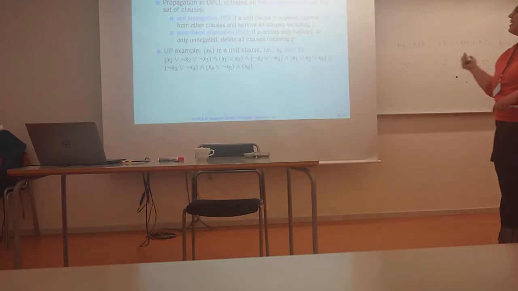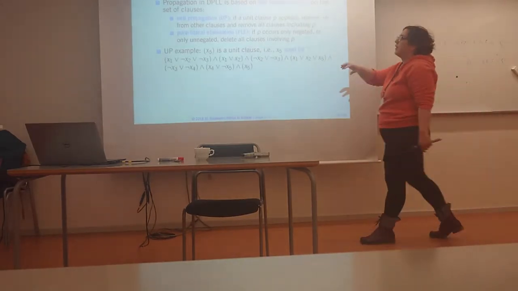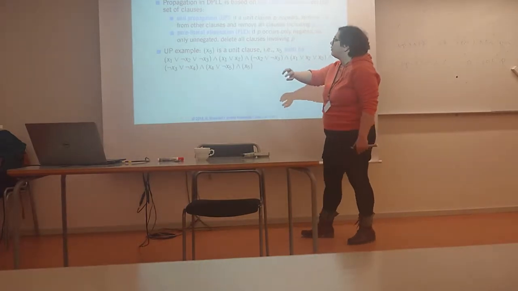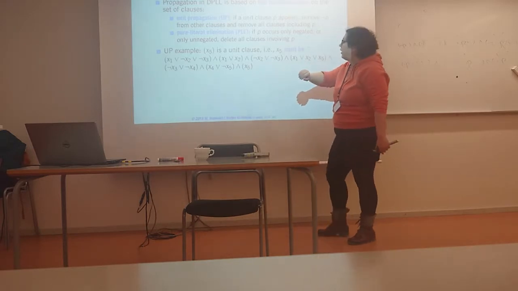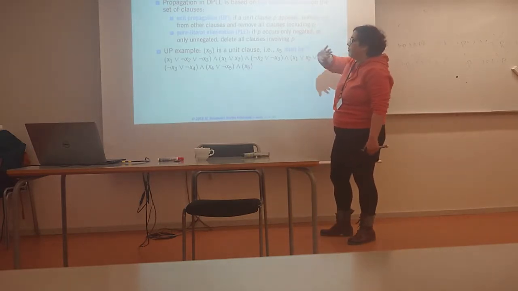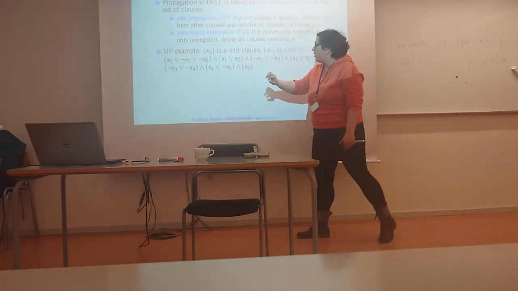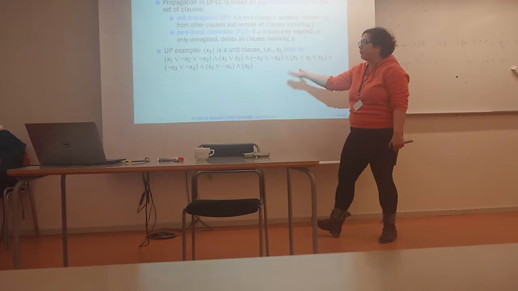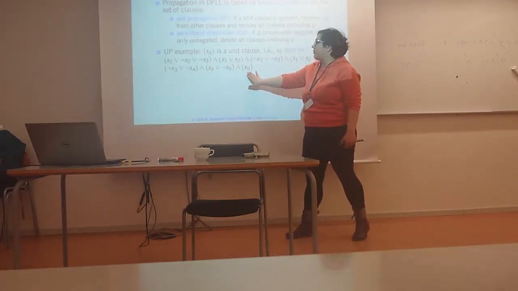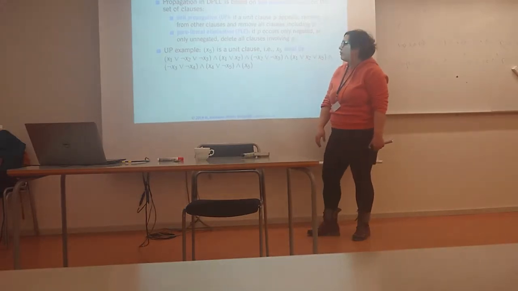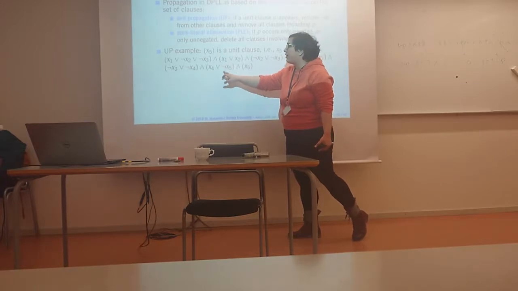Okay, so unit propagation example. It says that if we have a unique clause P, like x5 here, we have to remove not P from other clauses and remove all clauses including P. We have a unique clause x5. It has to be true because it's a conjunction, so every clause has to be true, therefore x5 has to be true. So we remove the not x5 because then it's false, doesn't matter,